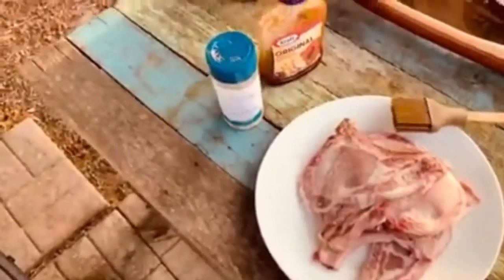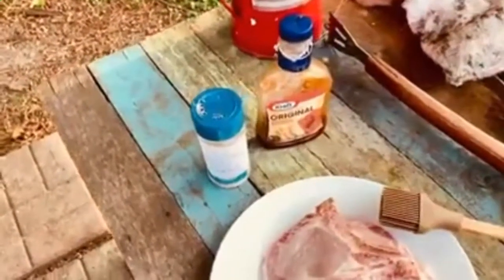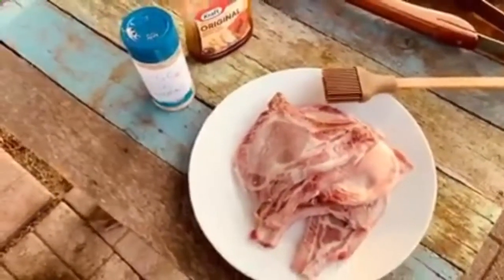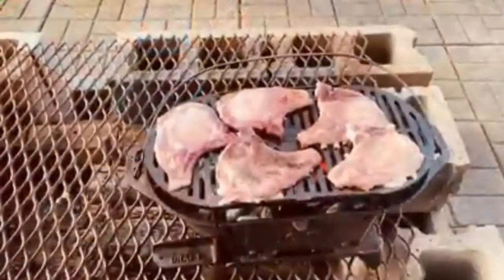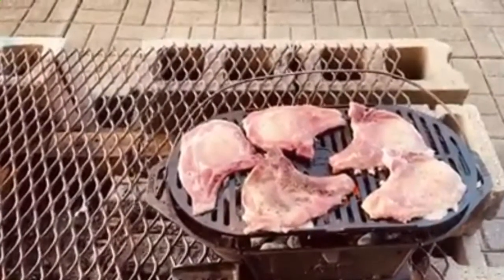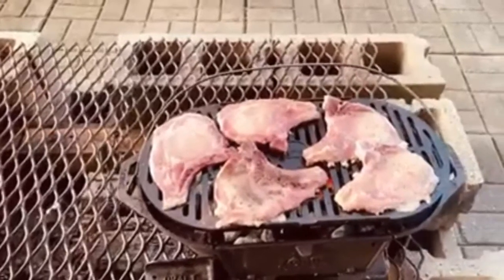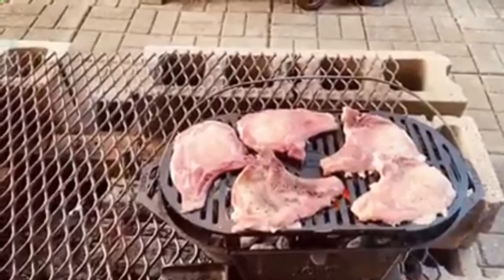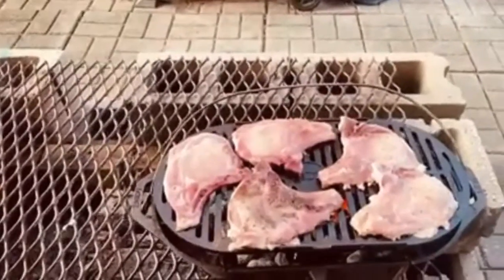And the only thing we're gonna put on them is a little bit of Kraft Original. That's what my wife likes, so you know, I'm gonna keep her happy if I can. So here we go. All right, we got them on the grill here. We got them seasoned up with some SPGO, and we're gonna let these babies start to cook here. And as soon as they start grilling down real good, we'll add a little Kraft Original to it, and we'll